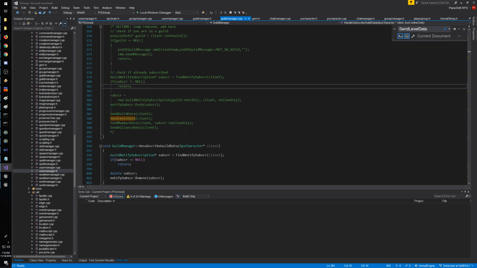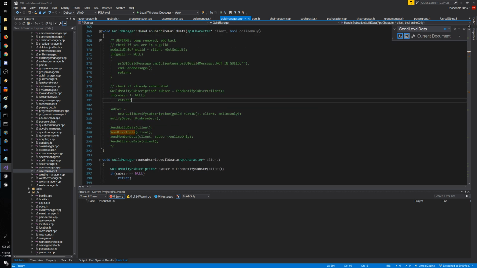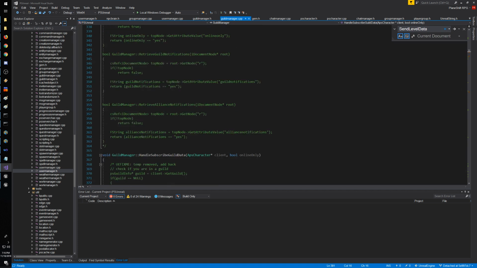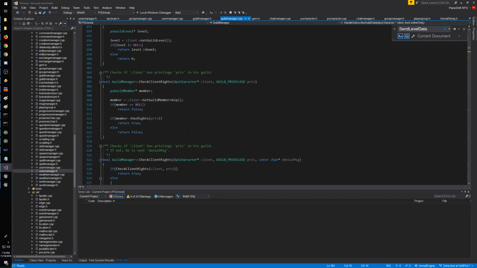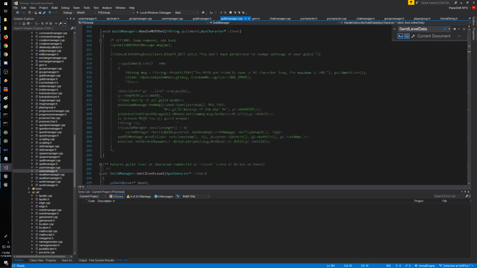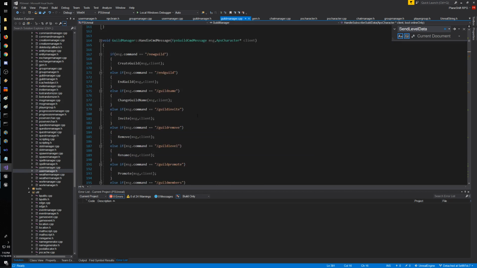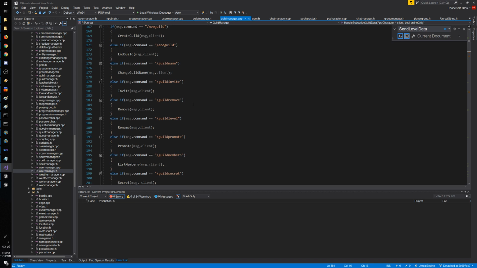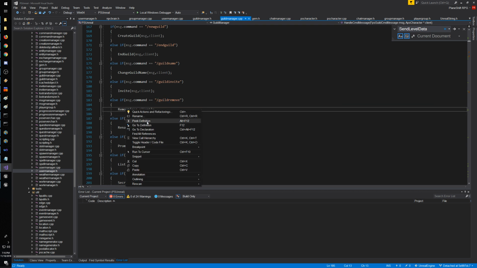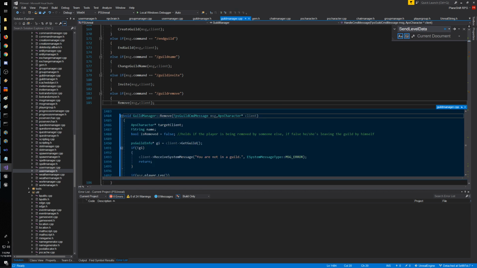that when the data is changing, let me just see how it works when the data is changing. So let's assume that I change the permission, okay? Or maybe I invite a new member, maybe it's the easiest. If I invite a new member, so which is guild invite, well, let's say guild remove, because guild remove is even more immediate, so I don't need a confirmation or anything. So if I do guild remove,